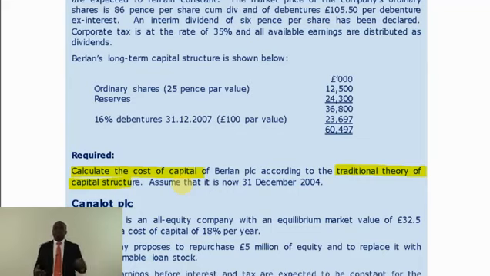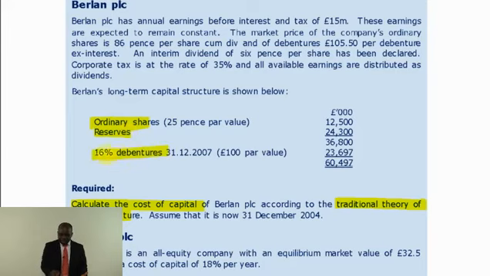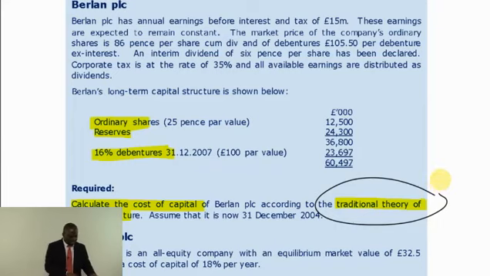The modern form of calculating WACC is the Miller and Modigliani. So when they tell you using traditional theory, don't be moved. It's the same way you know the dividend valuation approach. If I have to use the dividend valuation, I ask the question, where have they raised money? They've raised money from equity, they've raised money from debt. I need cost of equity, I need cost of debt, and then I need the market value of each of them, and I have to weight them together to calculate the WACC. It's the normal WACC. So when they say traditional, don't be moved by any of those words. The traditional theory WACC is the same as your normal WACC.